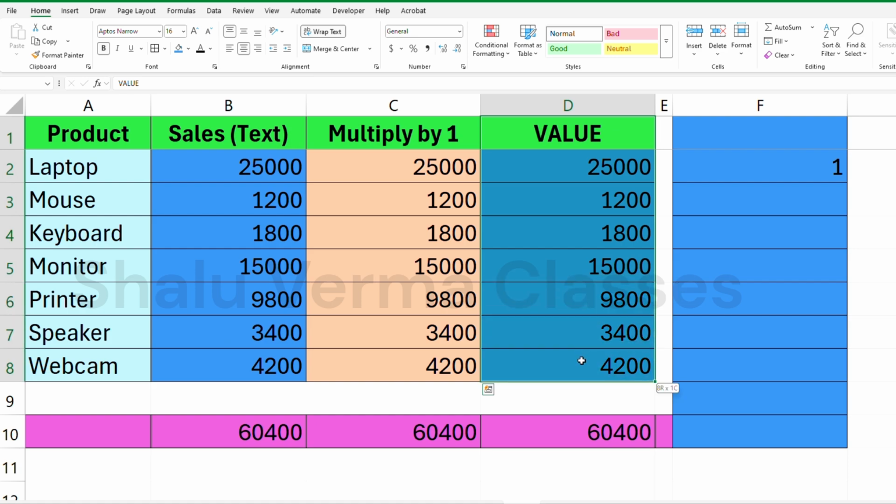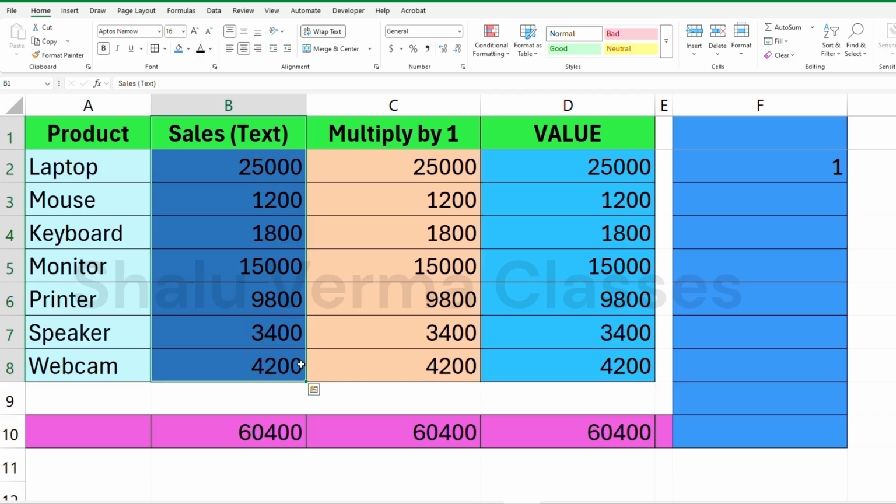This small habit can improve the accuracy of your reports and reduce errors before they reach your manager or your clients. By understanding why numbers stored as text cause calculation problems, and by learning multiple professional solutions, you're becoming more confident with one of the most common data cleaning tasks in Microsoft Excel. These techniques are useful for office employees, accountants, HR professionals, analysts, students, and anyone who works with imported Excel data on a regular basis. Mastering them will help you create cleaner spreadsheets, more reliable calculations, and professional reports that work